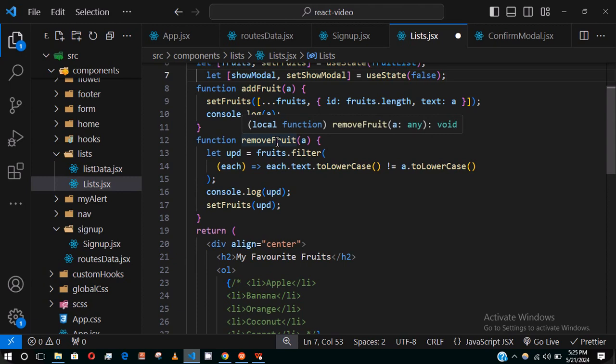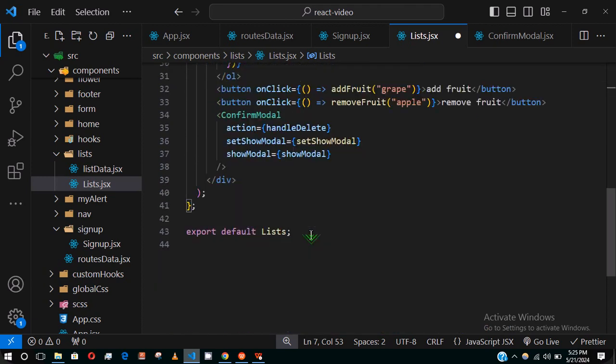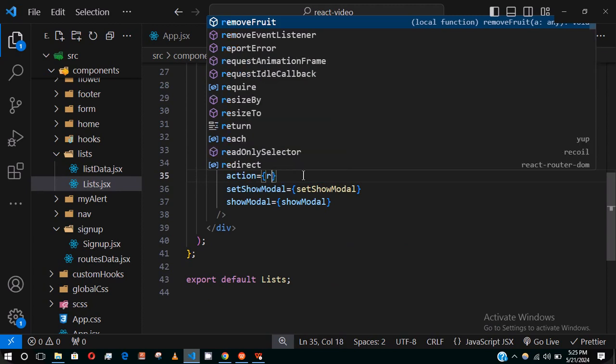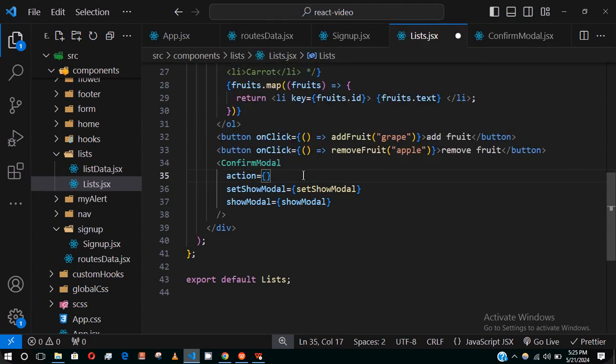We can fix that. So let's try this. So we'll change this now to remove. So what we are going to do now is this. Instead of this remove apple here, we are now going to put set